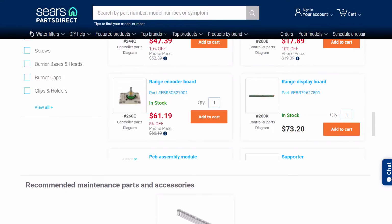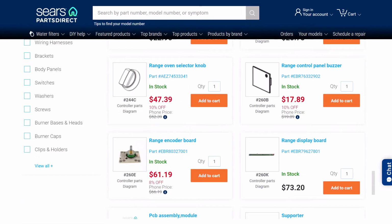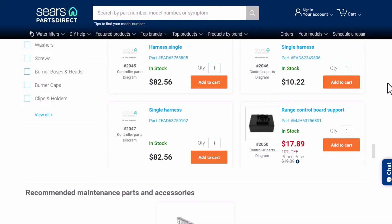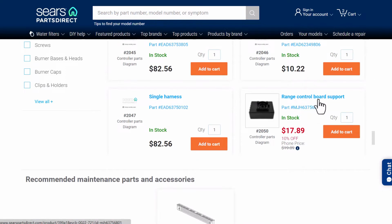260E, if you recall, is this control board here. So if I need it, it's going to be 60 bucks, of course. 2050. Yep, 2050. A range control board support. Don't really know what that is, but